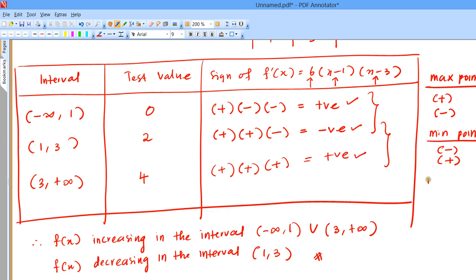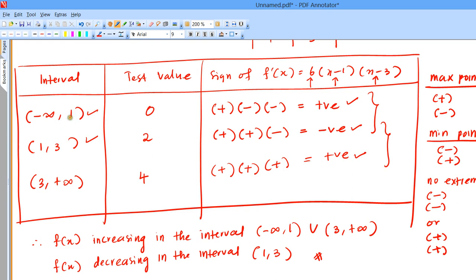And if there is no extremum, it means the first sign may be negative or positive in both. So if we compare our first interval and second interval,